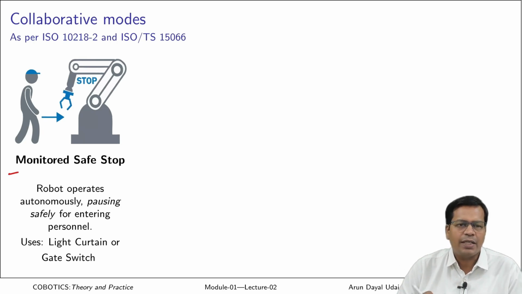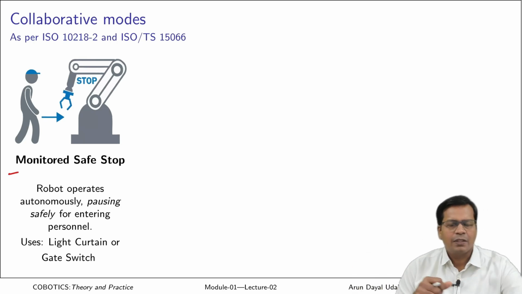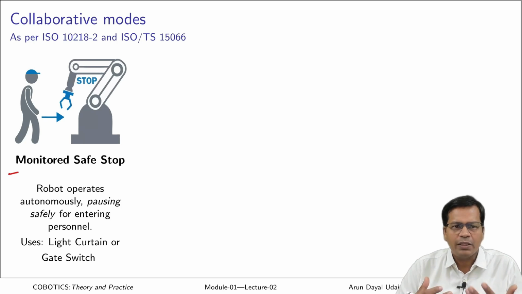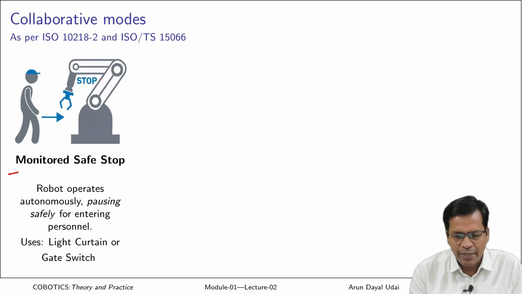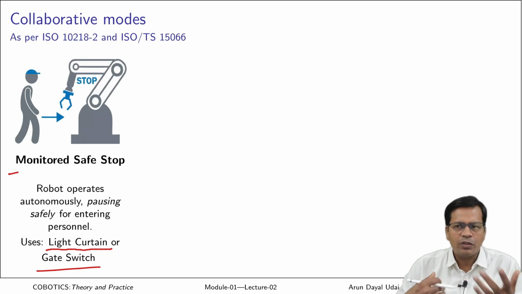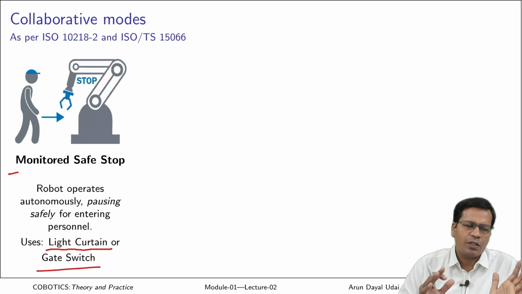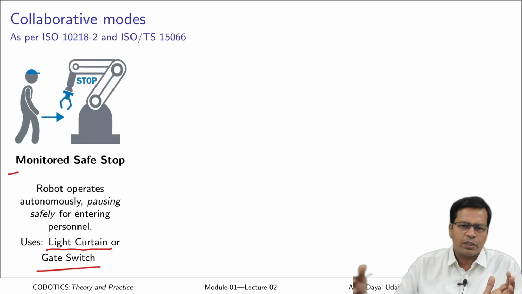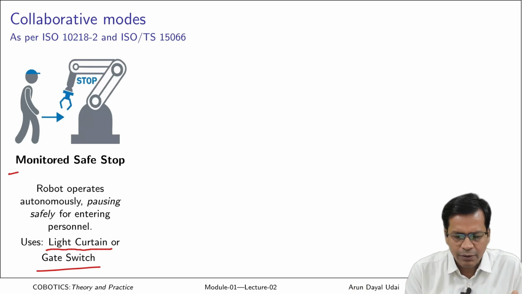personnel. So it could be a standard industrial robot which is there in the industry, which are position controlled. They are normally caged and it may have provision to detect a human entering the workspace of the robot. It may use a safety curtain, light curtain, or a gate switch. If there is a fence and there is a gate, as soon as the gate is opened, it assumes the person is attempting to enter the workspace and the robot stops safely without actually hampering the programming. Okay, if some cycle is going on, it will continue once the person goes out of the robot workspace. Okay, so that is monitored safe stop.